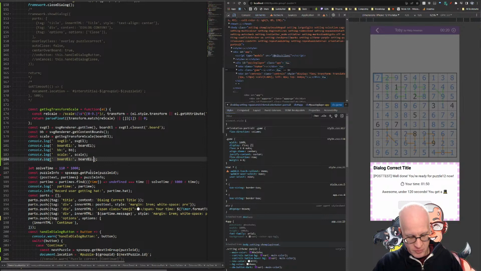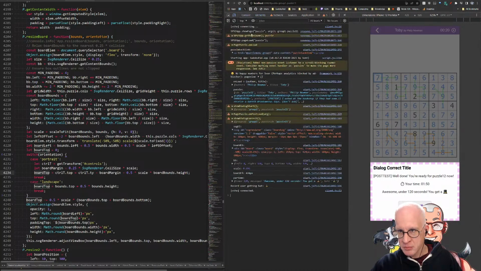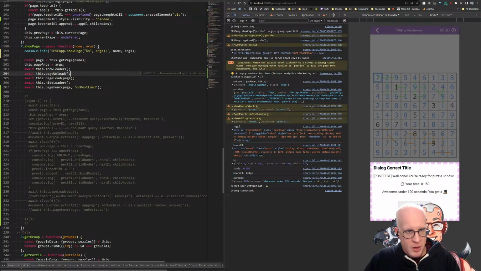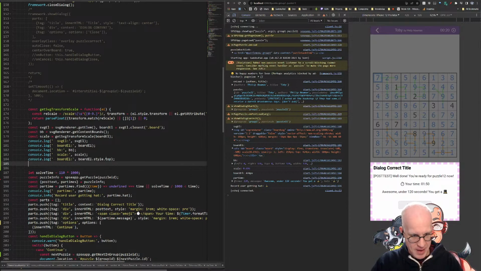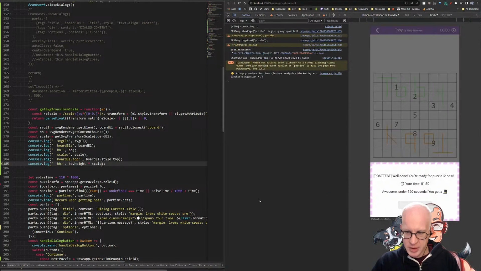I think it's via top positioning. Or top. Board element style. Board top. Yeah. All right. Now the mathing begins. So, if I do bb.height times scale, and I don't know actually if